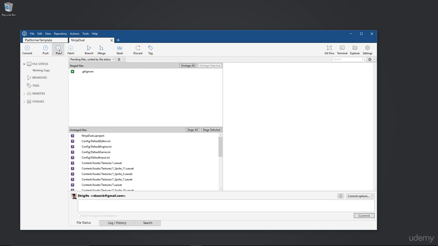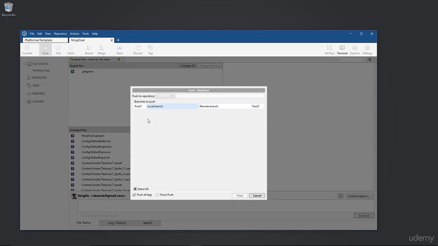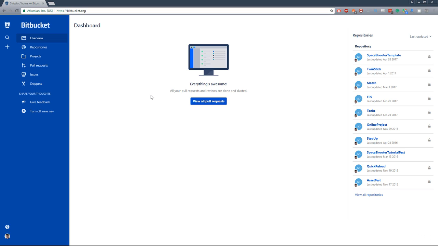Now, the final stage we really want to do to get this onto the repository is to press the push button, and what we would want to see over here is a master branch and the location online that this is going to go, but obviously we haven't set that up yet, so that's the stage we're going to do now. So if we navigate on over to bitbucket.org,